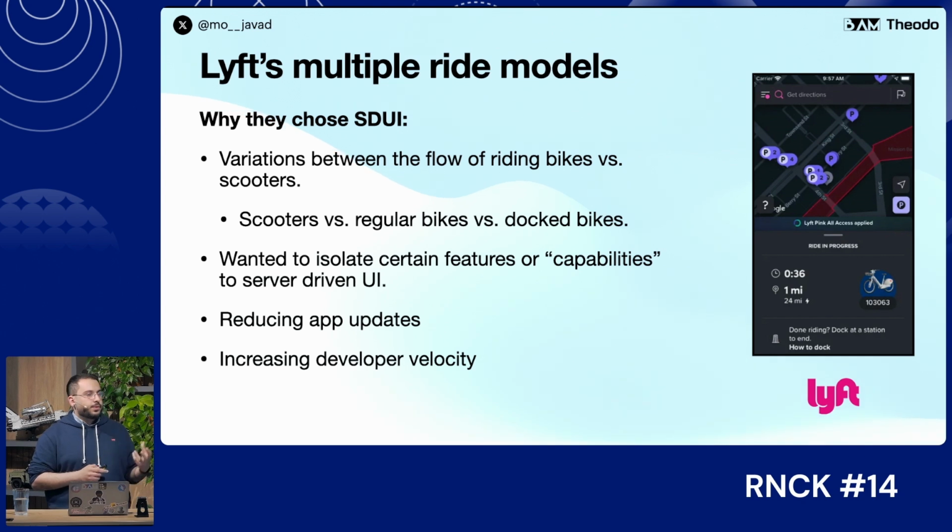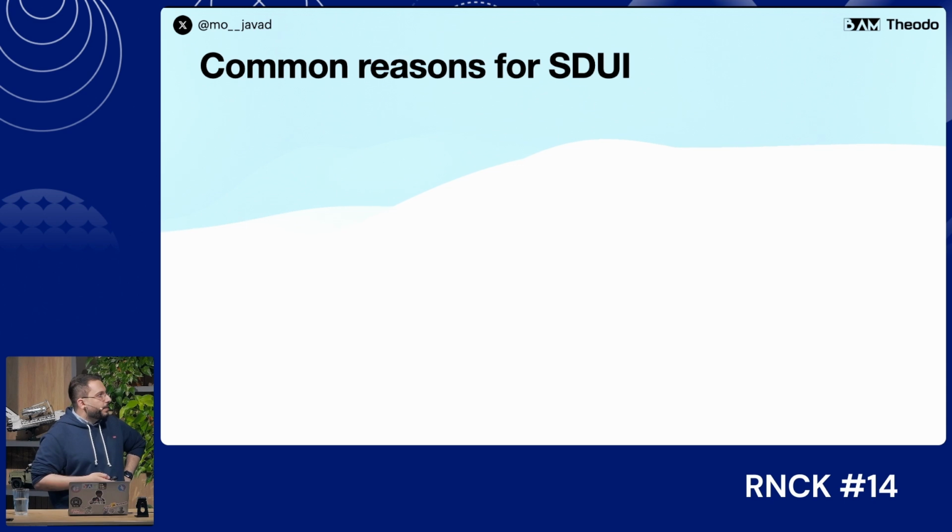So they basically use server-driven UI to add some level of flexibility there. And they wanted to do that only for features. So this is an example of where you have it for a single feature. They wanted to be able to update quickly and increase the developer's velocity, and that's one of the reasons they used it. So really, the common themes that I've seen, and we've built server-driven UIs for many reasons, but